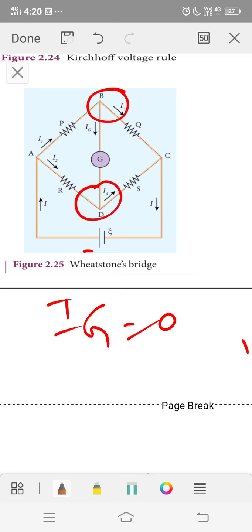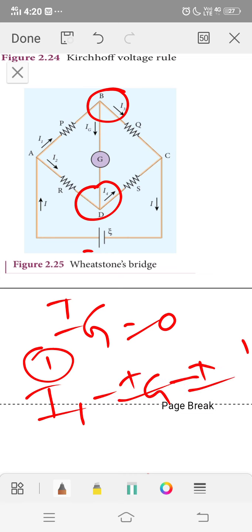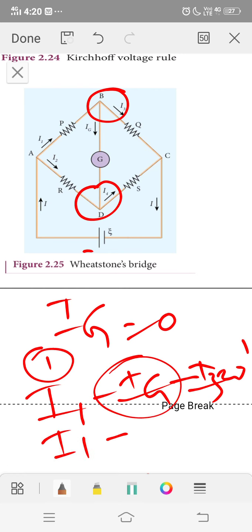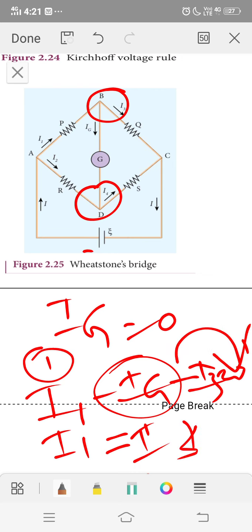So the first equation reduces to I1 minus Ig minus I3 is equal to 0. Here Ig is 0, so the equation becomes I1 is equal to I3. Here we take I3 to the right hand side of this equation, so the negative sign is converted into a positive sign. In the same manner,